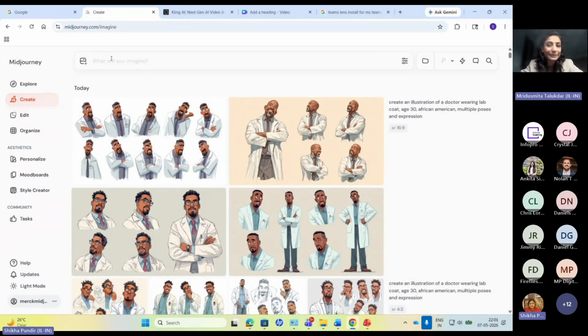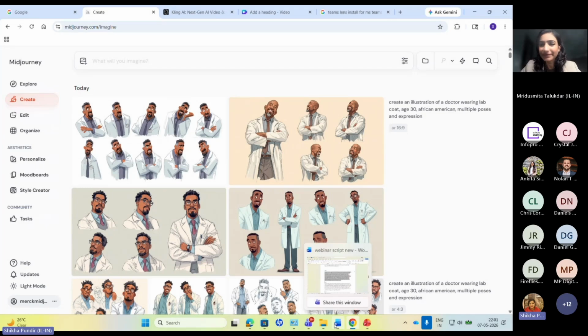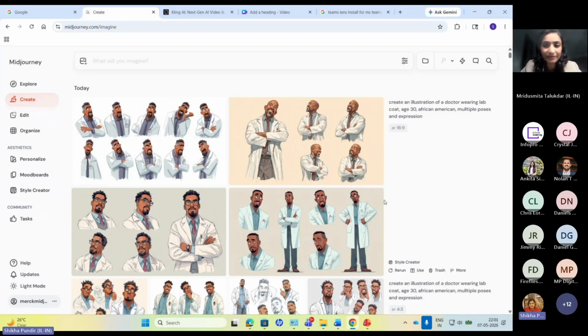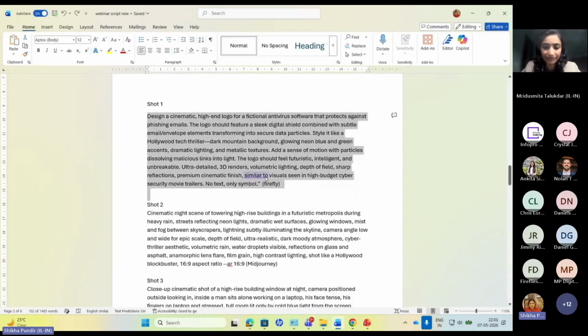We see a screen, Shikha. Yeah. Thank you. Okay. So let's get started. Possibilities are endless. I'm pretty excited to show the live sample. So to respect the time of this webinar, I have already created a dummy transcript, a dummy script, and a few prompts to generate images and videos. As I just mentioned, our today's topic is phishing awareness.